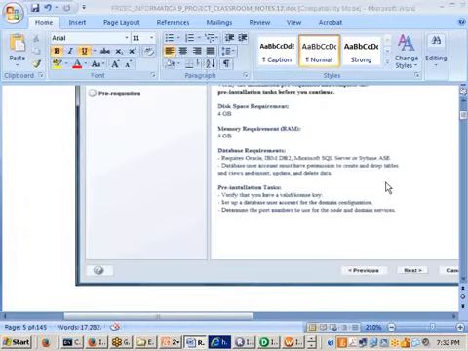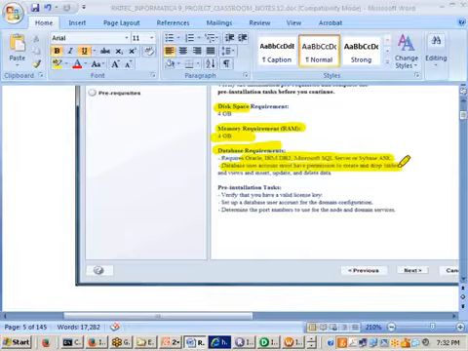What are the pre-requisites here? You go and observe here. Disk space requirement is 4 GB. Memory requirement, the RAM, 4 GB is recommended here. Then database requirements are what, sir? You may have Oracle, IBM DB2, Microsoft SQL Server or Sybase. Also observe here, the database user account must have permissions to create and drop what, sir? Tables. That is technically called connect and resource. And also views, inserts, updates, and a number of things. So you should have one database and one user available with you. That's it. You got it? Now,